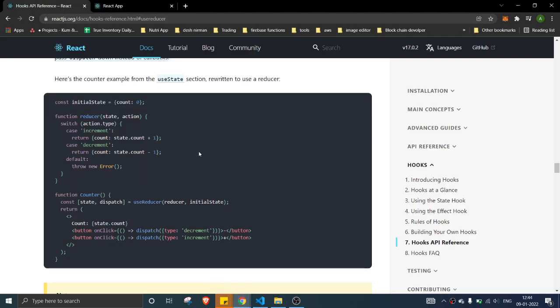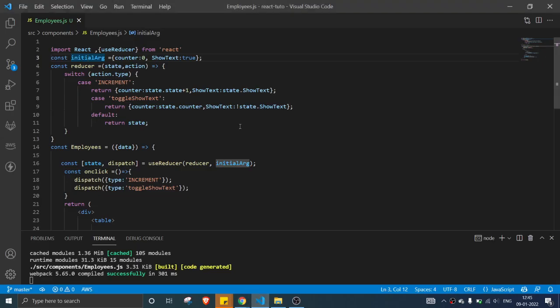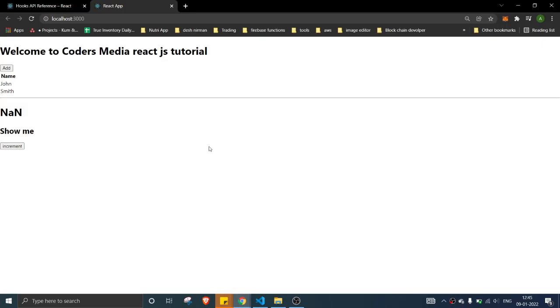Let's go and visit quickly. Let's start doing the increment. The text is fine, but it's saying it's not a number. Let's quickly check what the issue is. Yeah, I did it wrong: state dot counter. Okay, cool. Now let's refresh the page. So increment 1, 2, 3, 4, 5, 6.